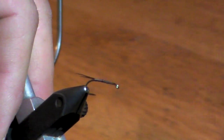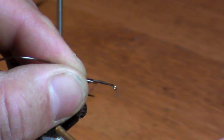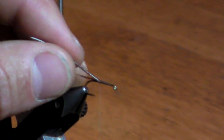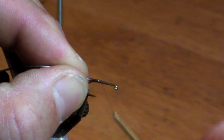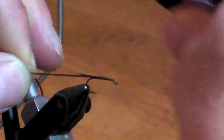And we're going to bring the thread back towards the back of the fly. And once we're within about a quarter inch of the tails, we're going to catch that tip of that clipped wedge there. That tip helps you. Oops, that one popped off. Catch that tip. Once you get about two or three wraps, it usually will hold in better. There we go. Now